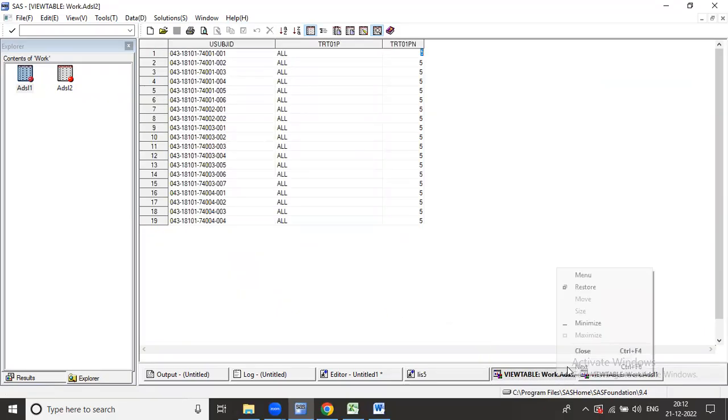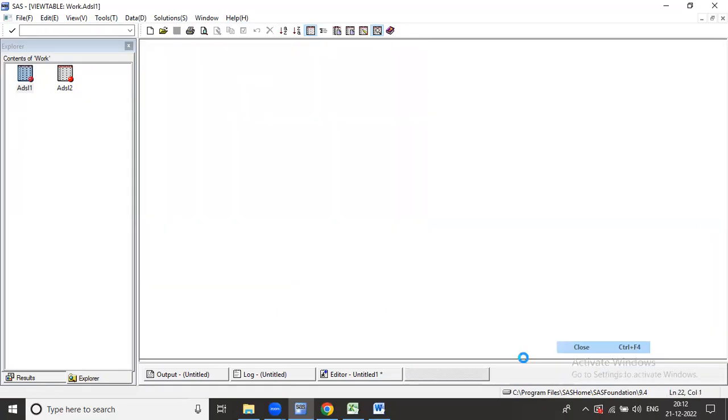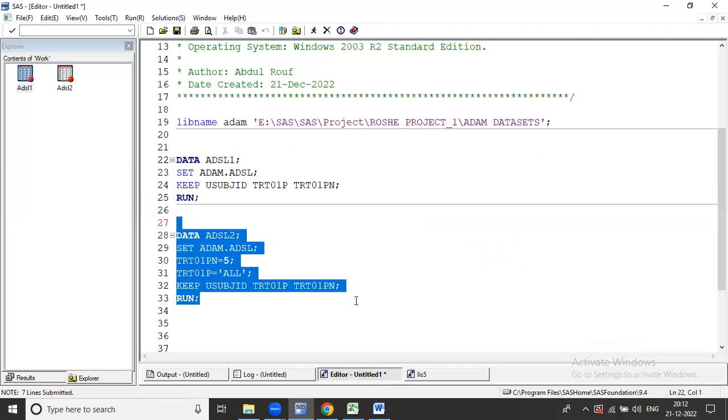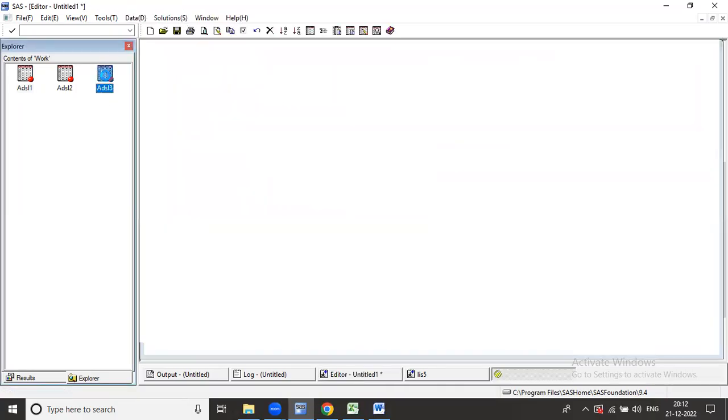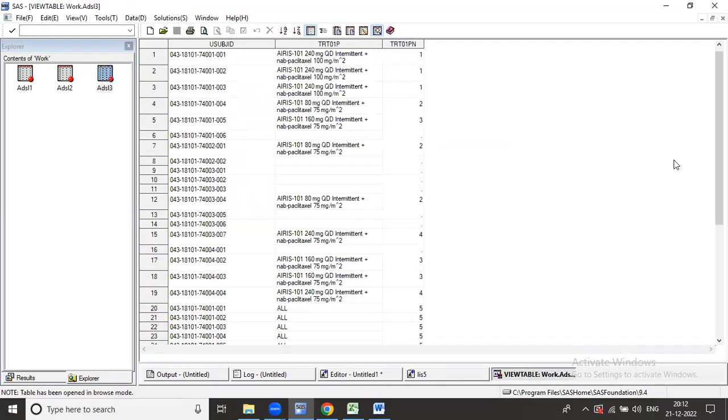I'm combining both the datasets. I'm creating data ADSL3, merging by set concept ADSL1 and ADSL2. Run. When I execute, the ADSL3 dataset will automatically get created. Now when I open ADSL3, you can see